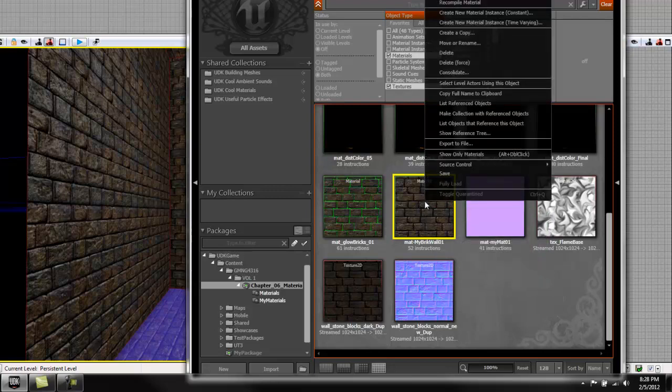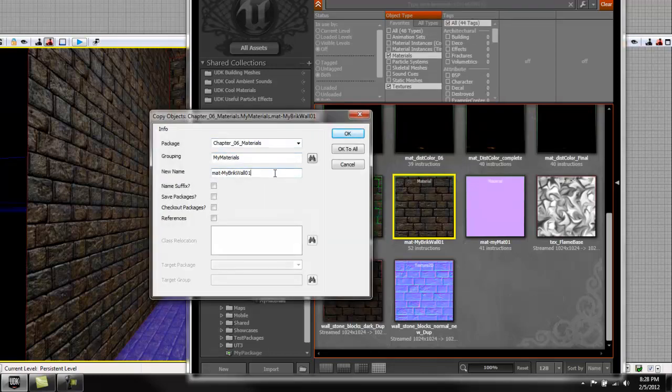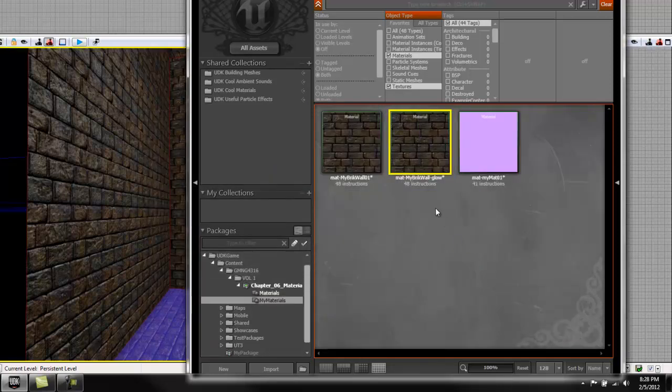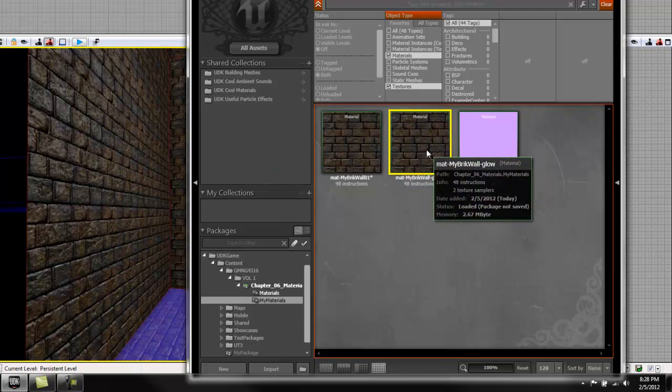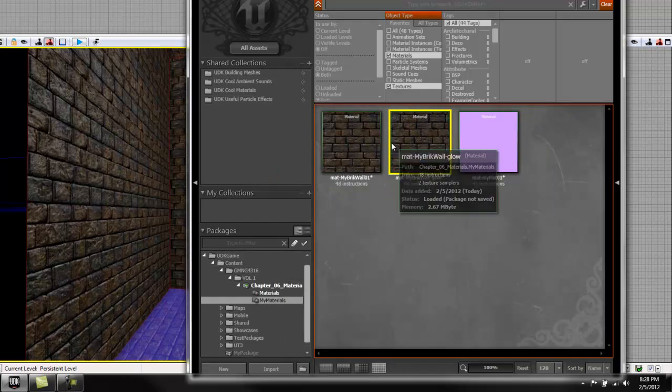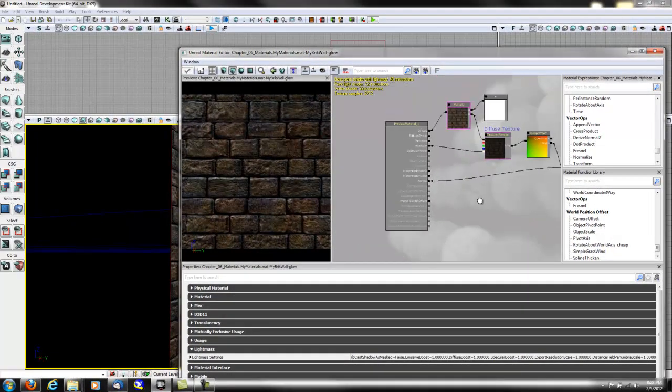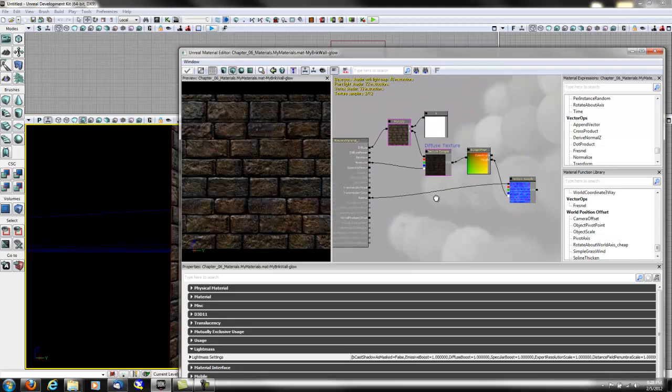copy and duplicate this material. So right click on the material in the content browser and then click on create a copy. And then change the name of this material to my brick glow, for example. This way I will have a material created for me that is based off the material that I had already made. If you double click on the material, you'll see that you have the exact same components that you had